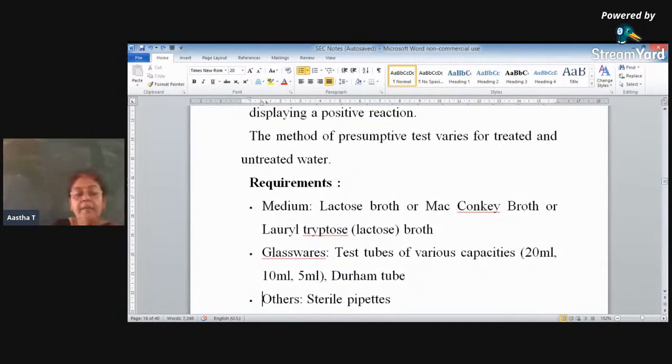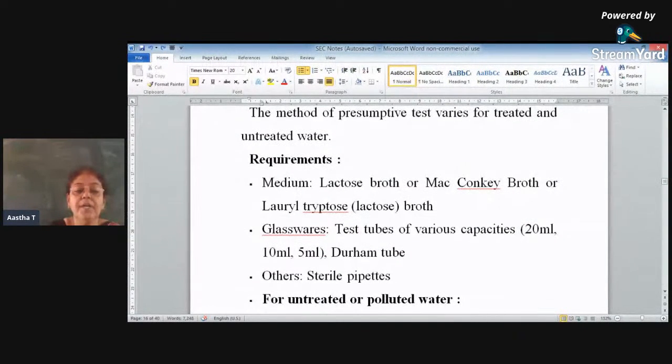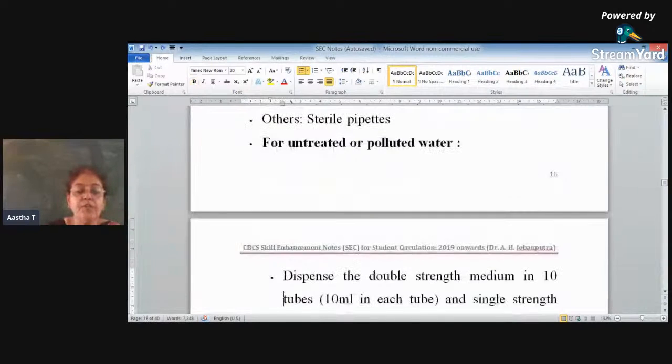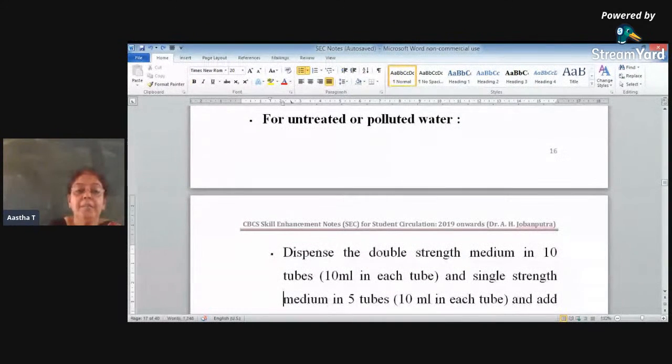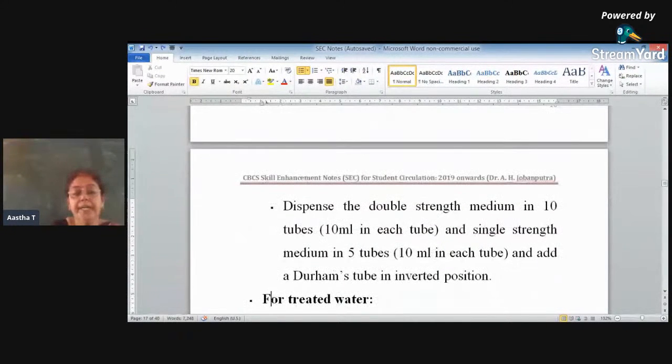We use McConkey's broth or lactose broth or lauryl tryptose broth. Any of this medium can be used. 3 sets of tubes are used: 20 ml, 10 ml and 5 ml, and inverted Durham's tube is dipped in each of these tubes. Sterile pipettes are used for adding the water. For untreated or unpolluted water, you use double strength medium, and 10 ml tubes are there, and